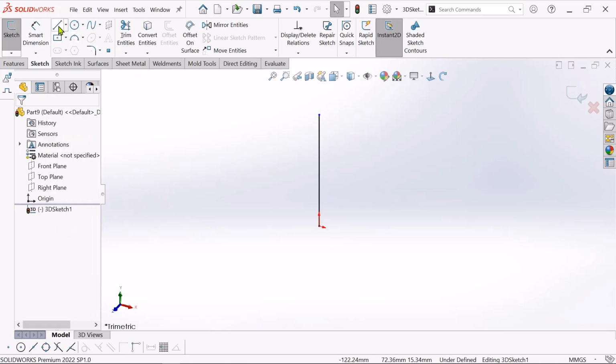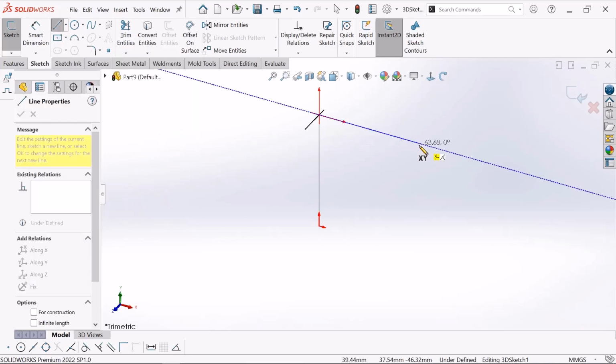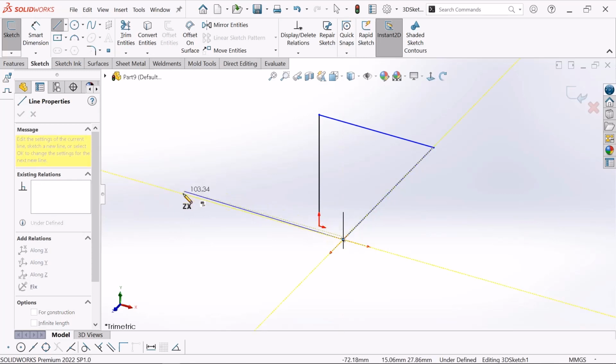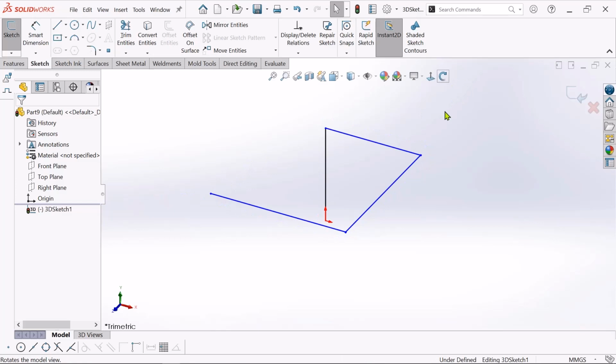So now I choose again this line and click this on line and click this direction and just click and again click on this line and I will click tab key and it will convert this line. Again I will click this on and again I will click tab key and I will sketch in this direction. Yeah, right click and select OK. Now see,